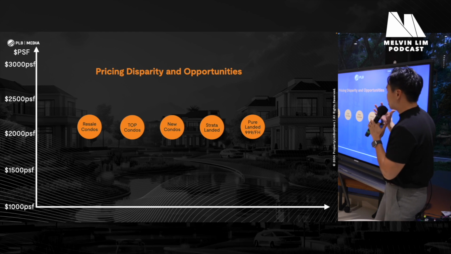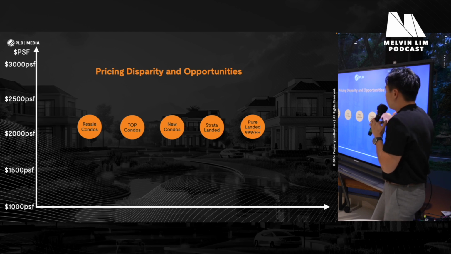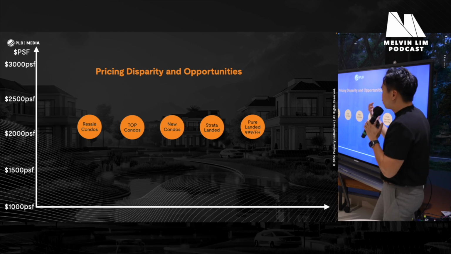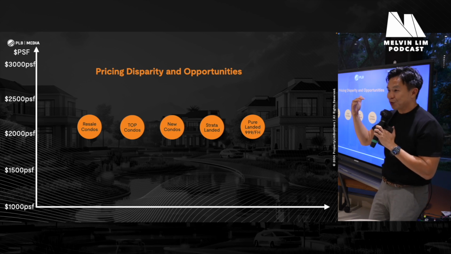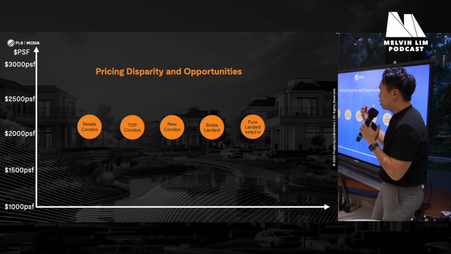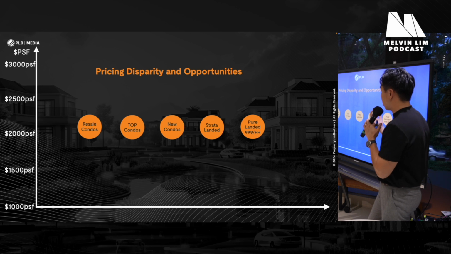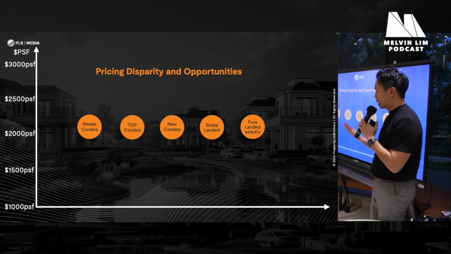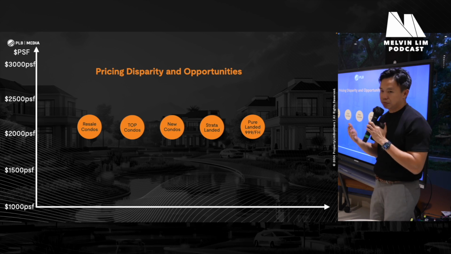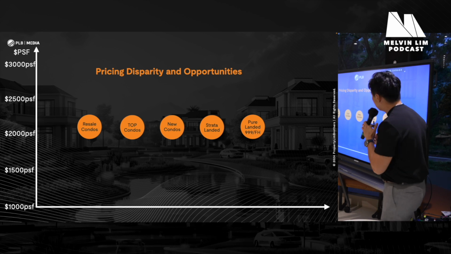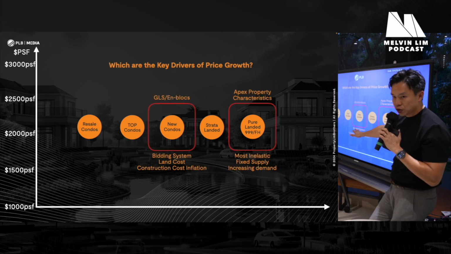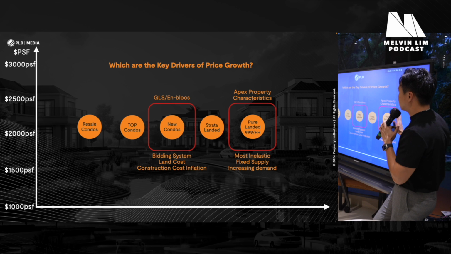So hardest asset means that if I buy a landed property, the supply is fixed, and more people buy it, the only way for it is that the price will move upwards, because there's no new supply to cool down the demand. So basically, if you have noticed, especially if you are a current landed property owner, sometimes you open your eyes 5 years later and you call your banker, your valuation just increased by twice or at least by 50%, right? So the two main drivers in Singapore will be new condos and pure landed properties in